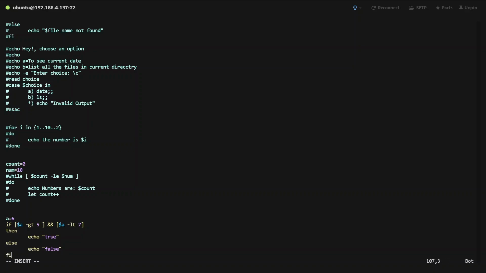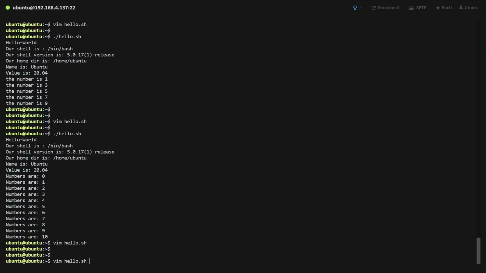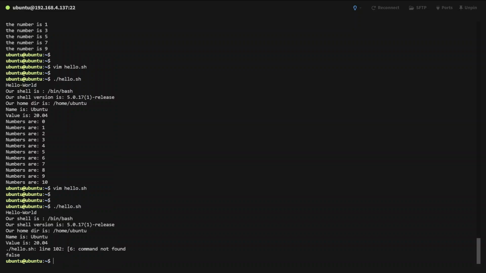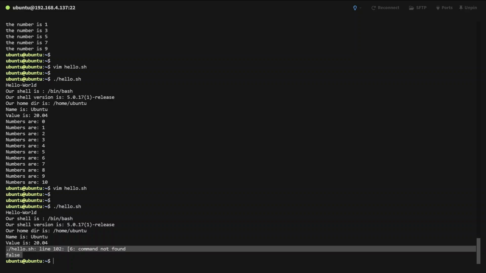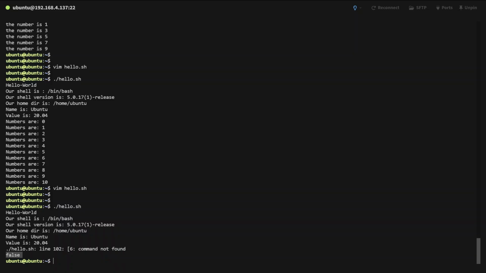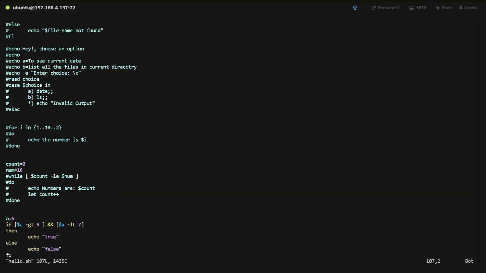And at the end we'll be using fi, running it again. Oh, it says false here. You can see it means this is working fine, right? Well, it was also giving some errors here. If we have a look here,